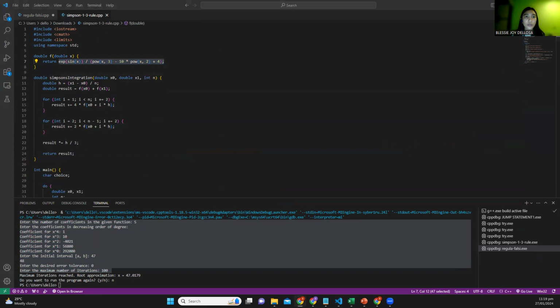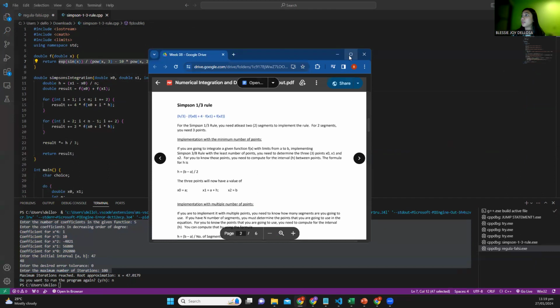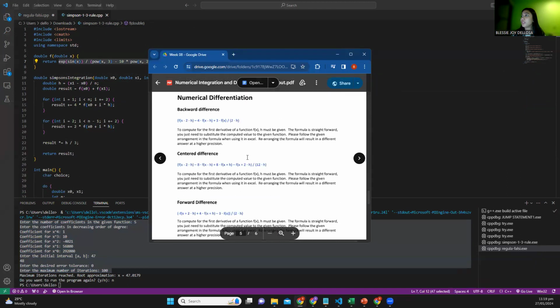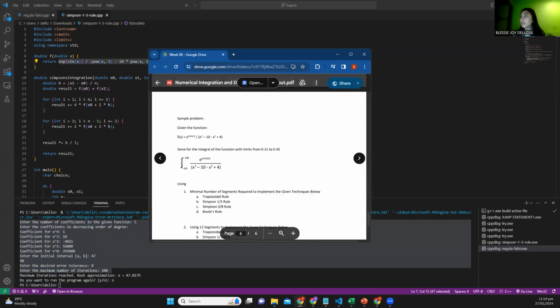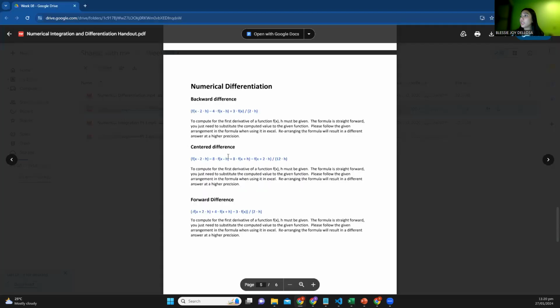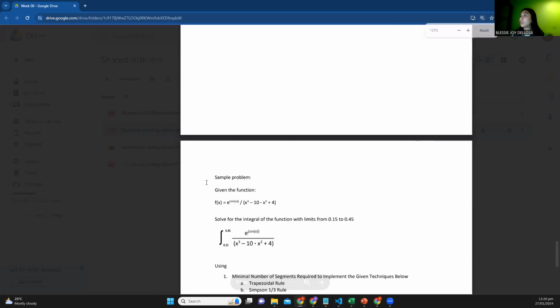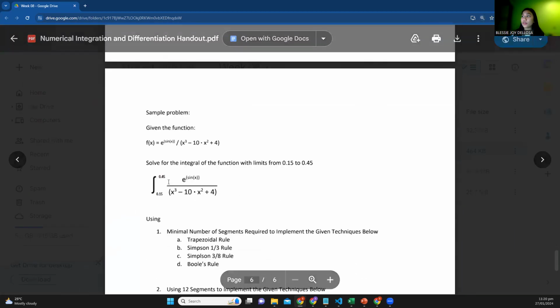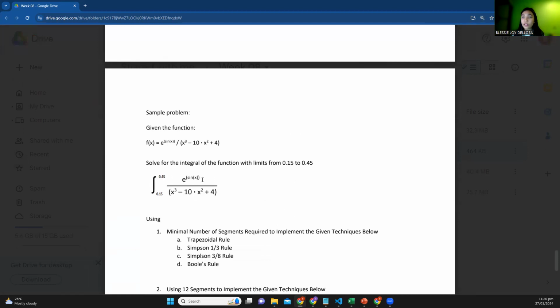Let me show it to you in our handout. I think this thing is now invisible. So as you can see on this part, this is the function that we need to evaluate. So I just use this one so that when I check the output value using the program that I have made, I can show you that it is validated using the activity that we have made. So again,